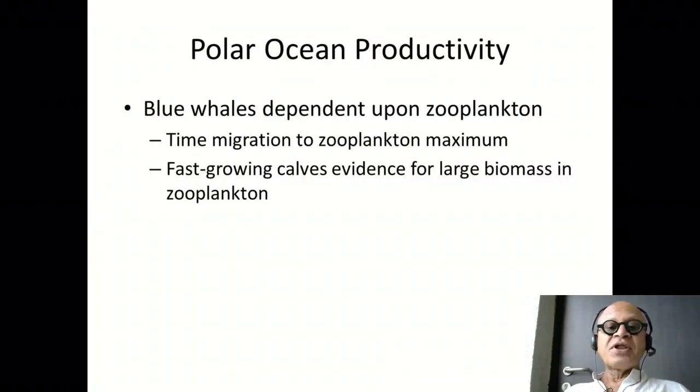So polar productivity looks like this, where it has a peak in the spring, and the zooplankton peak follows the phytoplankton bloom, and that peaks in the summer. And the krill bloom happens obviously with a delay, and that's largest in the spring and early summer months. So blue whales and humpback whales go